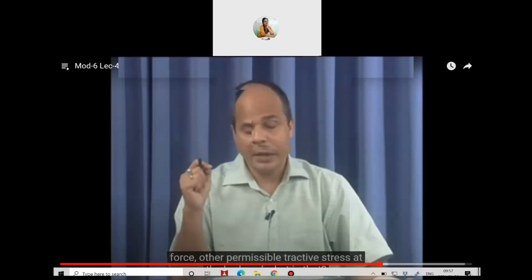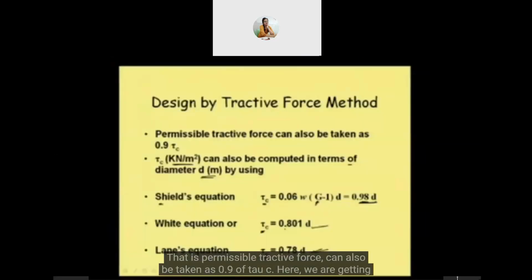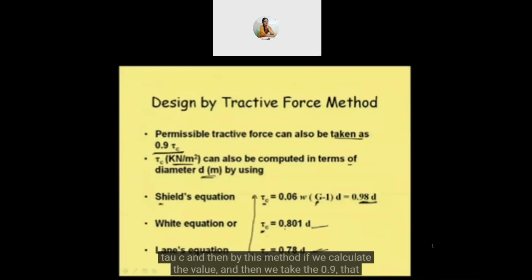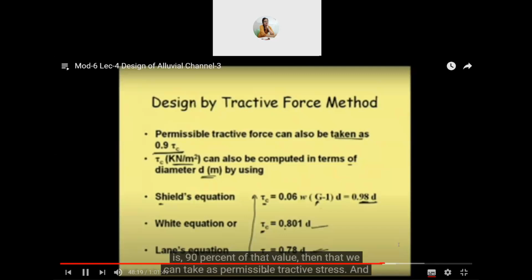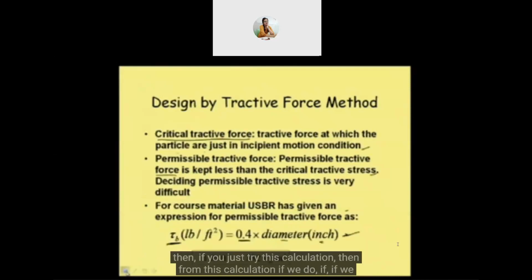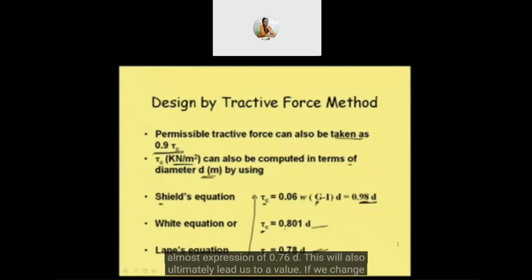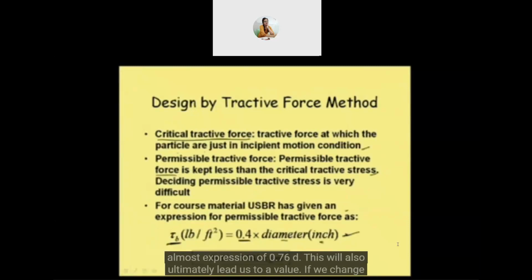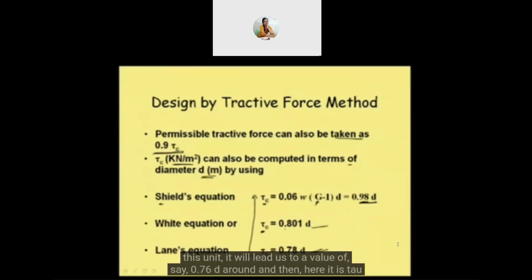And what is that? The permissible tractive force can also be taken as 0.9 of tau c. Here we are getting tau c, and then by this method, if we calculate the value and take 0.9, that is 90% of that value, we can take that as the permissible tractive stress. And if we try this calculation putting in standard values, we get almost an expression of 0.76D. If we change the unit, it will lead us to a value of around 0.76D. And here it is tau c, and then we need to take 0.9 times that. So more or less we are at almost